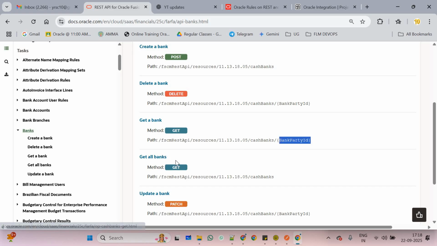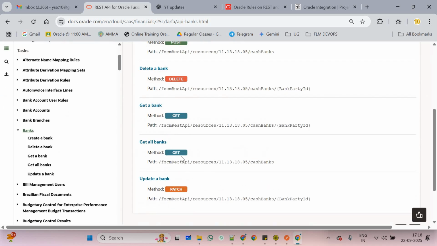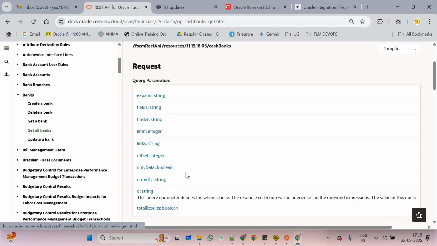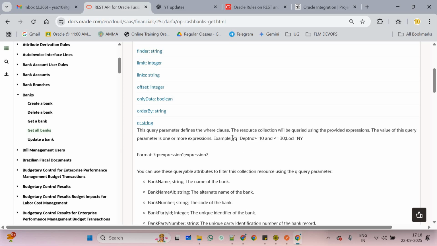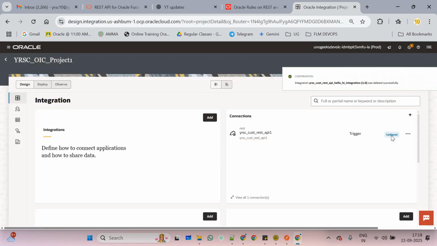But in the case of get all banks, this one will be the same. Here it's not having a standard template name. Additionally, we can make use of query parameters. Here we have something like get all banks with a query string. For example, if you want to get only department number 10, we can make use of these operators. But in this video I'm going to show you how to develop a custom REST API